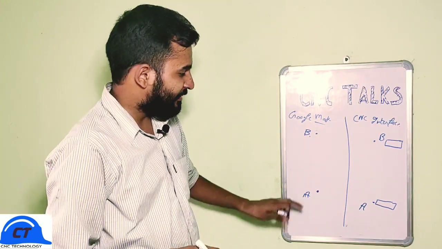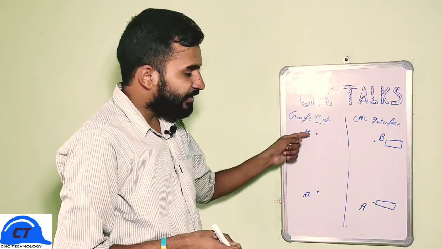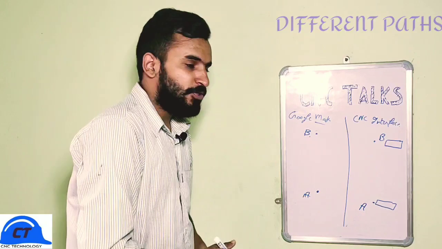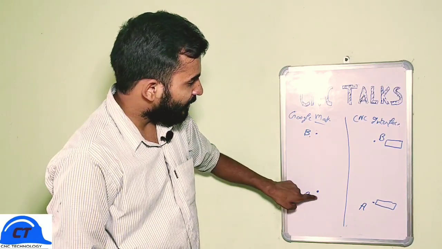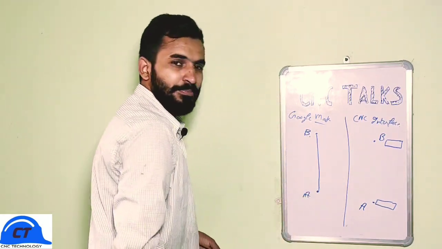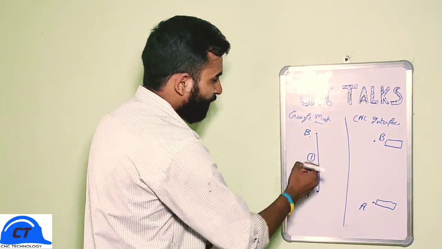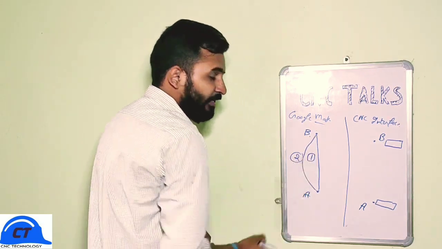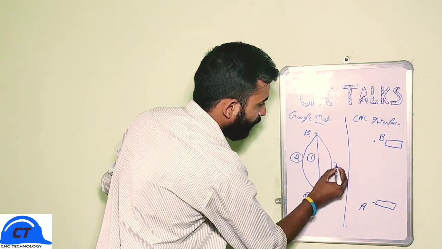So after entering the initial and the final position, what Google Map shows us is different number of paths we can use to reach from point A to point B. So let's suppose there are three different paths we can use to reach from point A to point B. So let's suppose first path is a straight line. This is path number 1. The second path is in clockwise direction from point A to B, and the third path is anti-clockwise from point